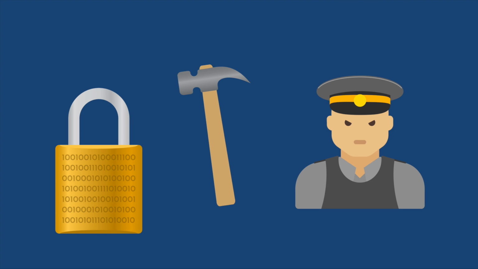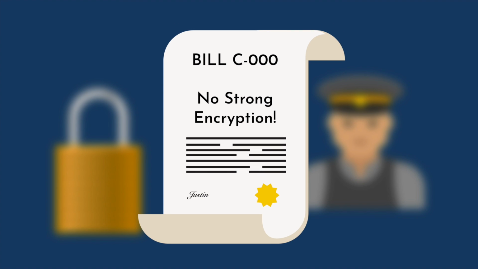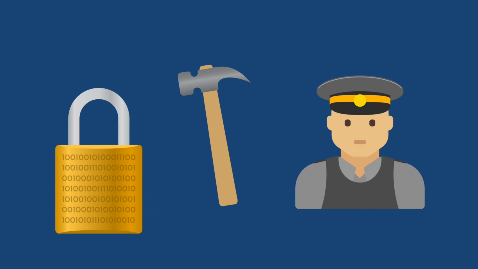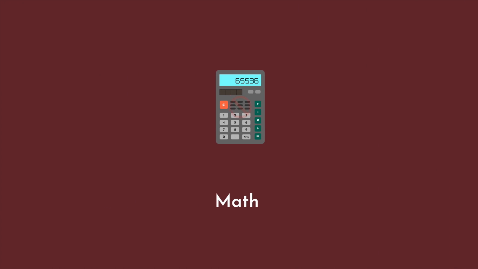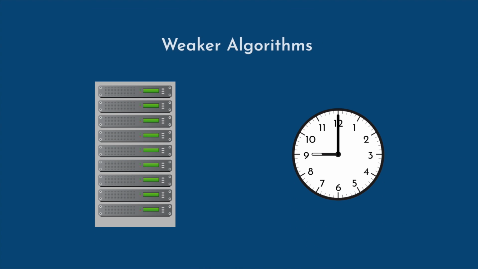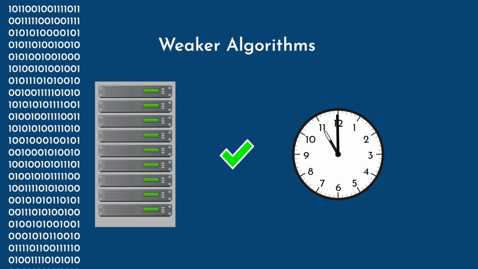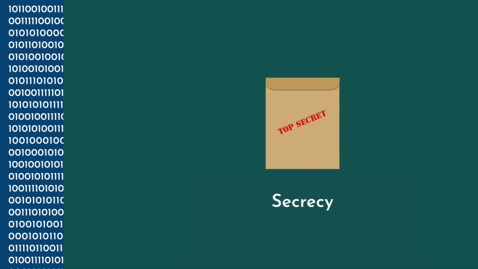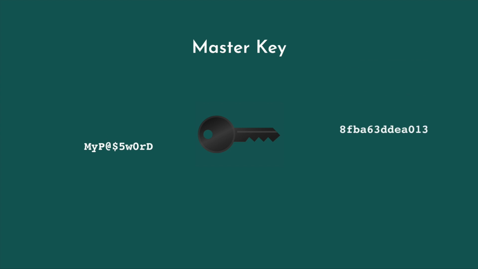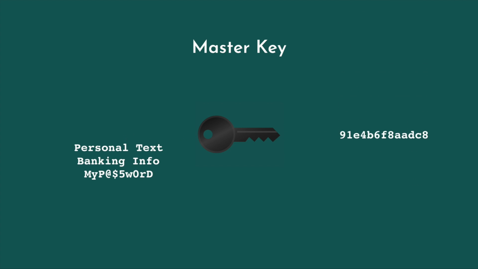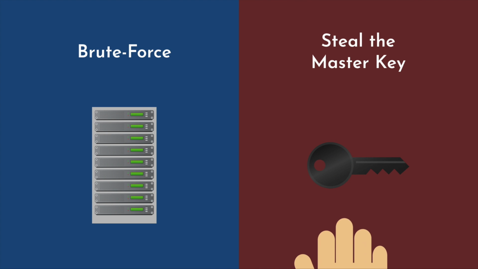They've proposed that governments pass laws to mandate that encrypted information can be accessed at will by law enforcement. Unfortunately, there's no way to do this. If they mandate weakening the math, or specifically the algorithms used by encryption, then anyone with sufficient computing power could break into encrypted communications using brute force. Alternatively, they might mandate weakening the logistics so that the private key isn't private. Every law enforcement agency would have a copy of a master key which could unlock any encryption scheme. In both of these cases, it becomes trivial for hackers to unlock encryption, either because they have sufficient computing power or because they've stolen or deciphered the master key.